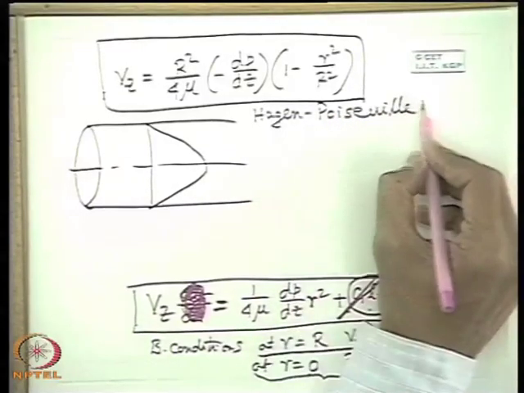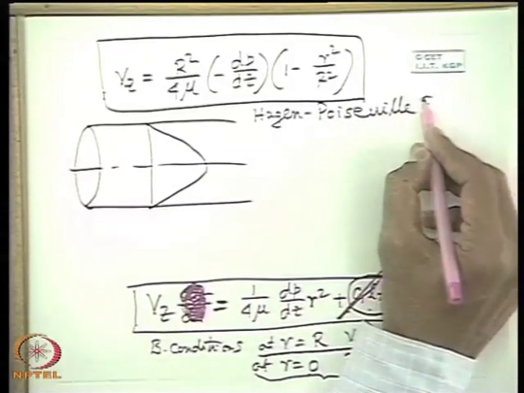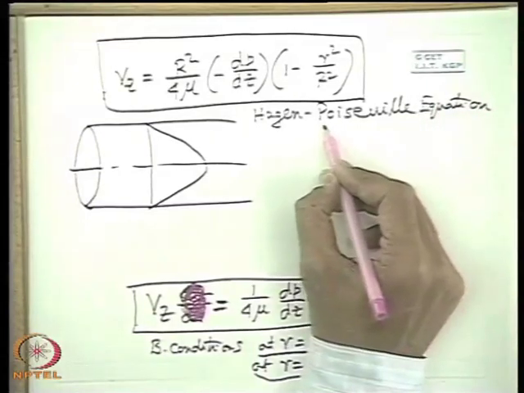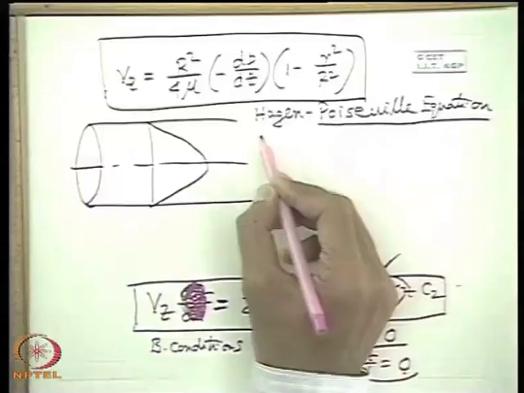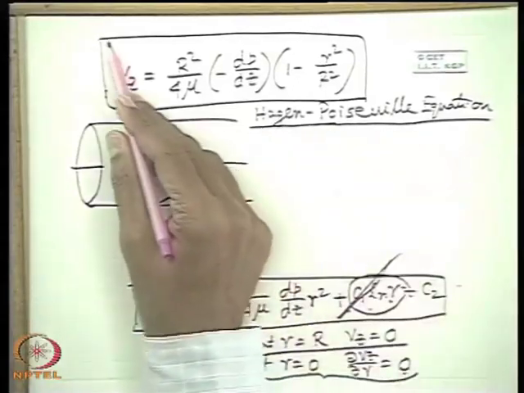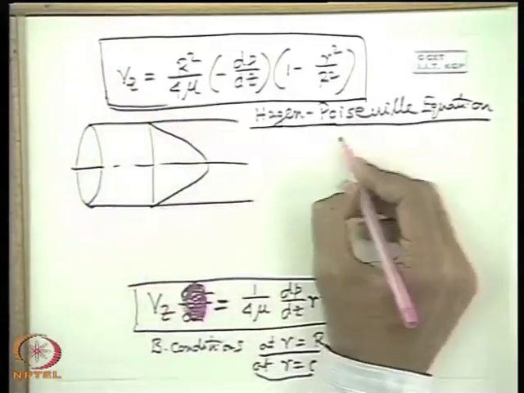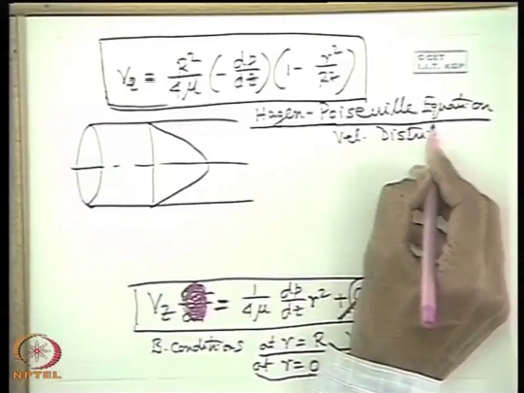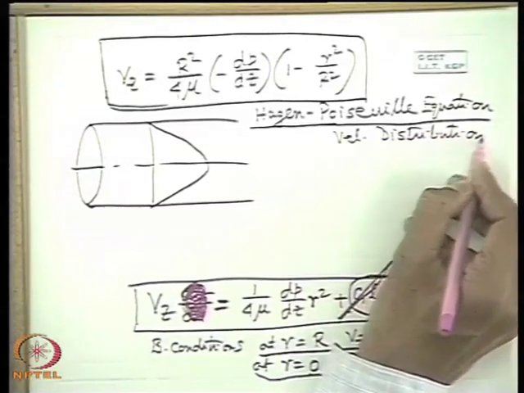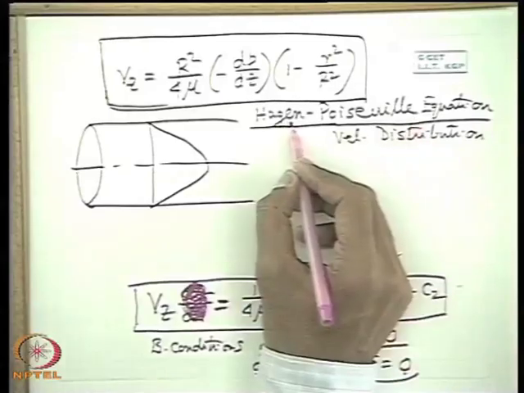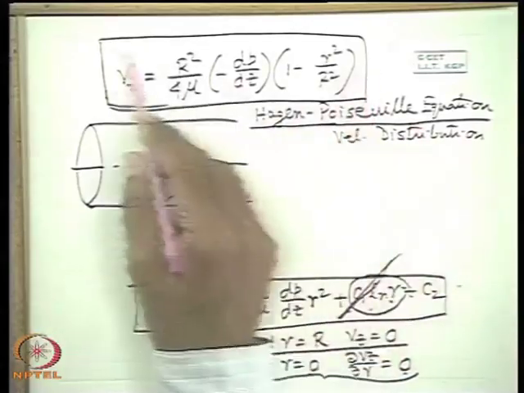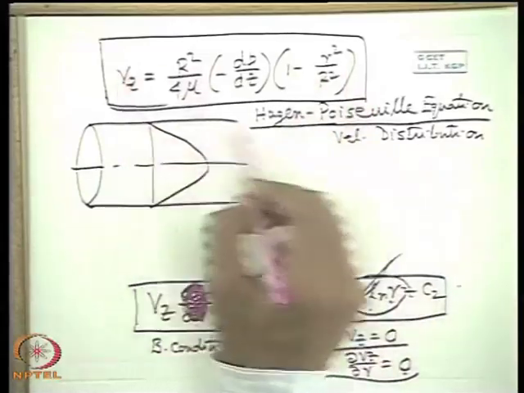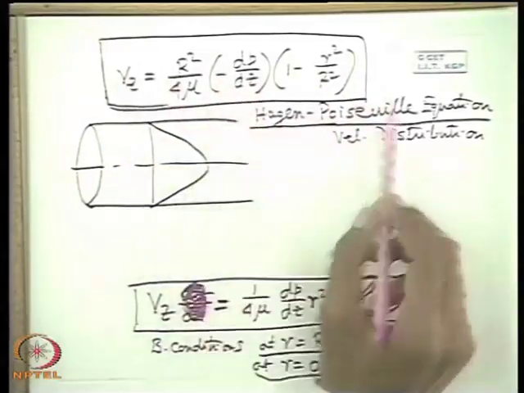If the word plane is the adjective, the plane Poiseuille equation is the equation of velocity distribution between two fixed plates. So either Hagen-Poiseuille or Poiseuille equation, this is the velocity distribution. The word Hagen-Poiseuille, or only Poiseuille without any adjective, means that it is the equation for parallel flow through a pipe or through a duct of circular cross section, through a cylinder.